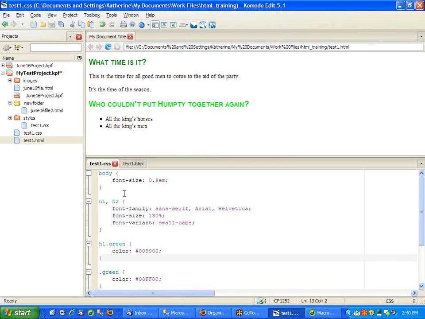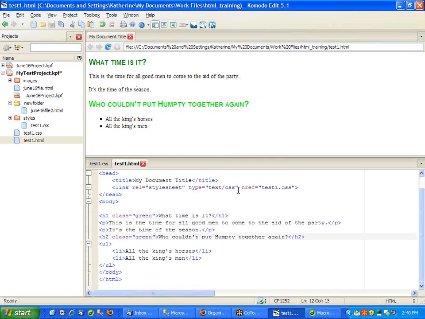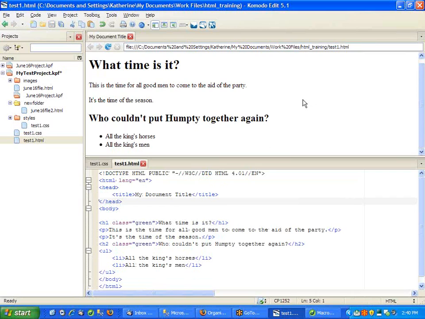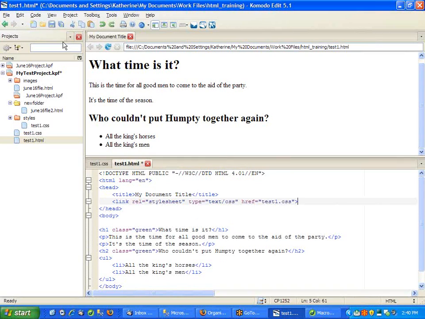And often maybe a color for your headings, and that's enough to make your document look much more professional. So compare this to if I take that document and take my style sheet out,